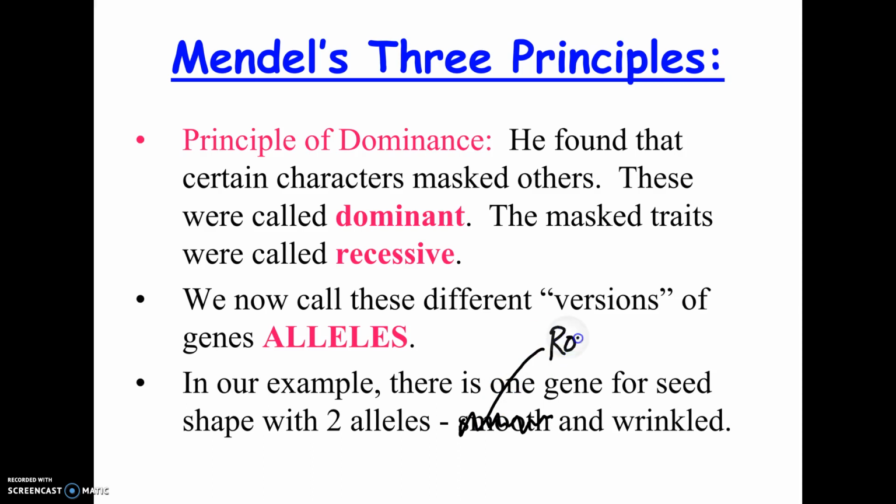There was the one for round. I wrote smooth there, but I was using round in the previous slide. And we used big R for that. And then for wrinkles, we used little r to represent that one. So we typically use one letter and then just use capital and lowercase for the 2 alleles. And again, technically you usually see the capital letter for the first letter of the dominant trait, but